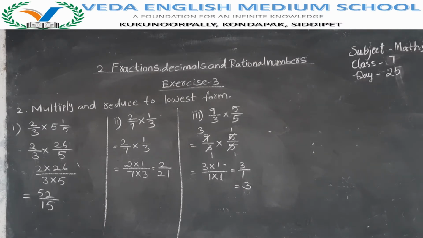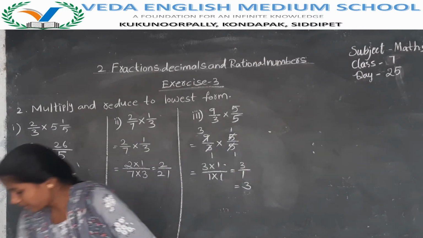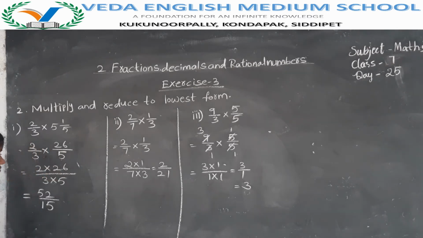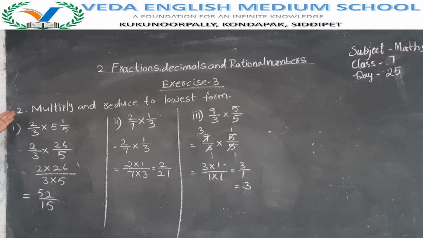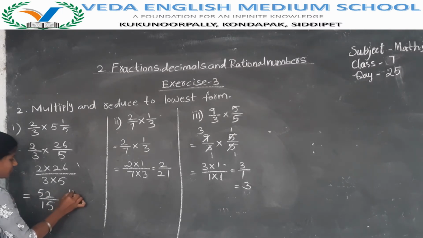Now the second bit has completed. Third bit. Before going to learn about the third bit, 52 by 15 is an improper fraction. They asked to convert into reduced form, but we did not reduce. If there is a possibility to convert an improper fraction to a mixed fraction, then you have to convert. It is an improper fraction. We can convert an improper fraction to a mixed fraction. How to convert? By division. Now do the division here: 15 with 52.